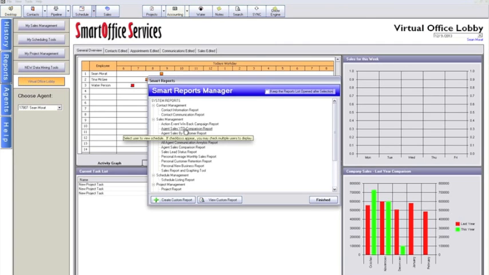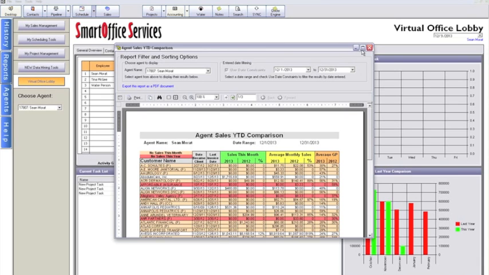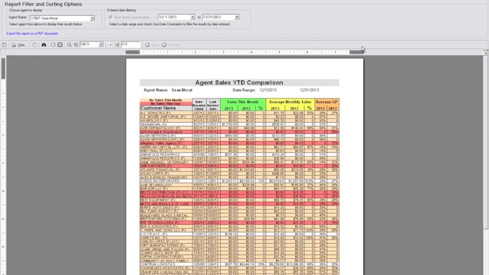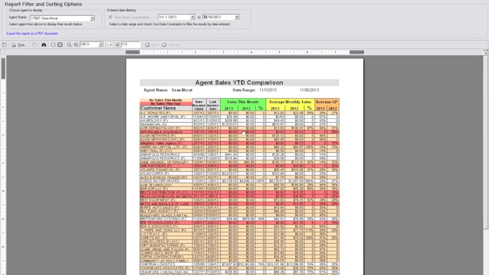Agent sales year-to-date comparison report. Okay, this report, really great tool. I'm going to maximize this. I'm looking at myself right now at a date range of 12/1 to 12/31. I'm going to go ahead and drop that to 11/1 to 11/30. That way it gives us a full month of data. So right now I'm looking at